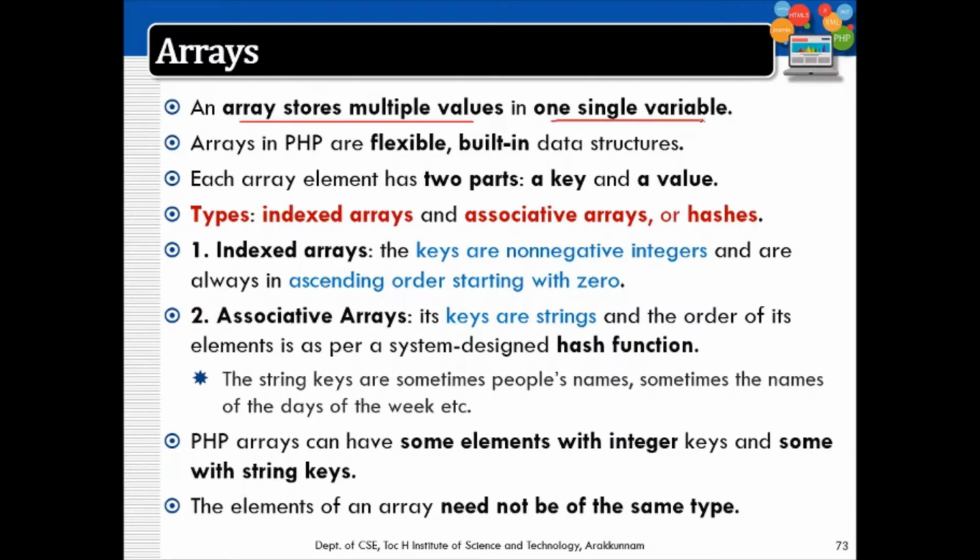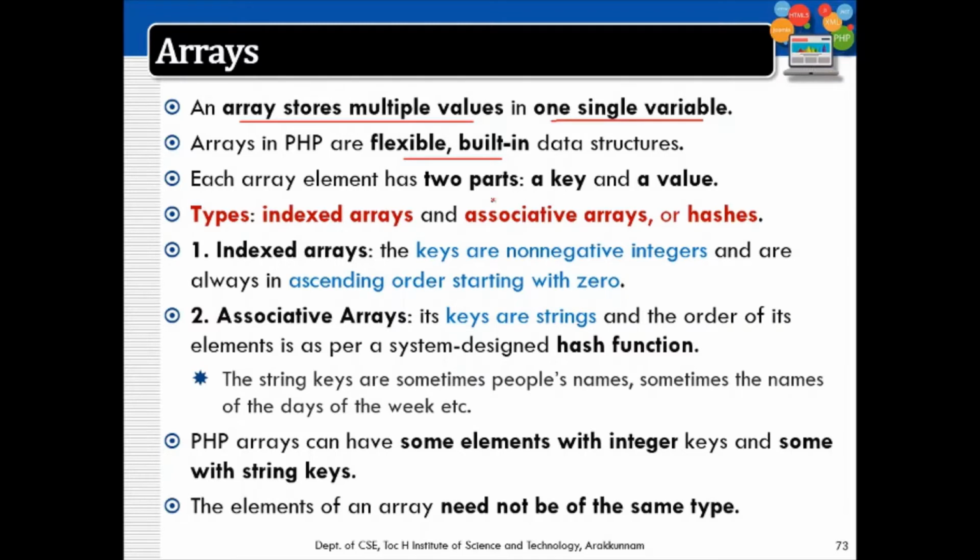But the main difference in scripting is that in C and the like, an array stores similar kinds of values. An integer array stores all integers. A character array stores the characters. But arrays in PHP, being a scripting language, are different. The data type is dynamically determined, so arrays can contain a mix of integers or strings, whatever you like. Arrays in PHP are quite flexible. That is one advantage we have seen in the beginning of this module itself. They are flexible built-in data structures.